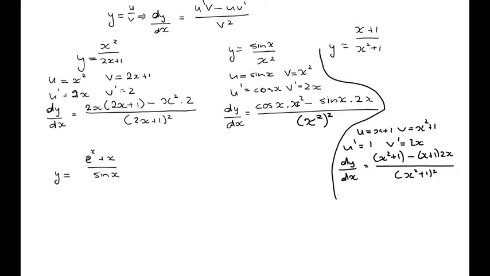For the last one on this slide, u is the top line and v is the bottom line. So u dash is, now what's the derivative of e to the x? It's e to the x. The derivative of x is 1, and v dash is cos x. So using the formula,